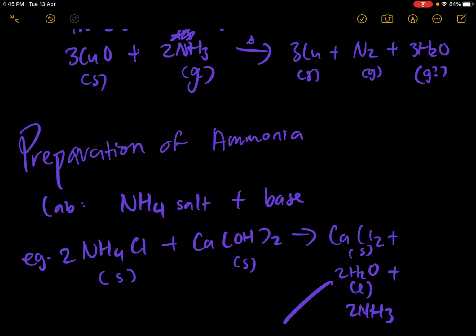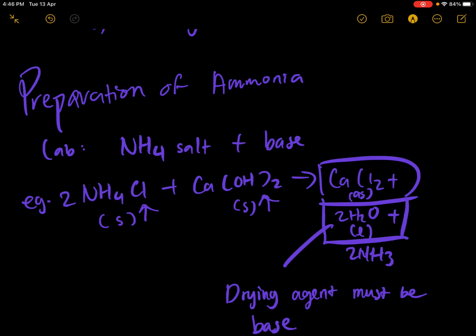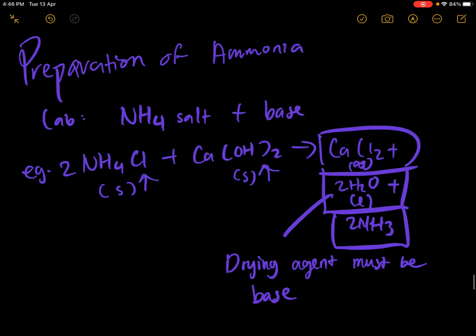How do you prepare ammonia? In the lab, you just add any ammonium salt with a base. For example, here ammonium chloride and a base, which is calcium hydroxide. It will form a solid. Was it solid? I think it's aqueous. Yeah, it should be aqueous because what happens is it forms water and calcium chloride, and these are together, and then it also forms NH3. NH3 is a gas, so it will... If you look at the book,